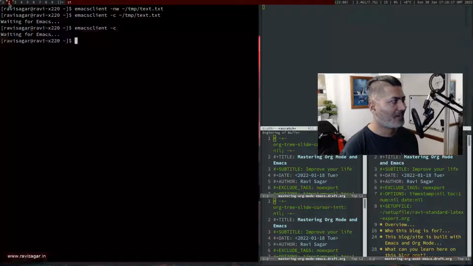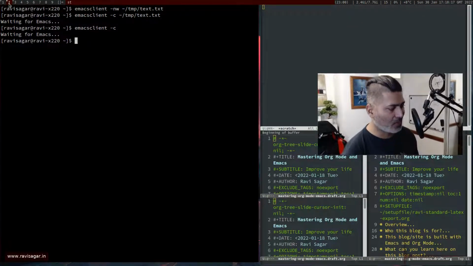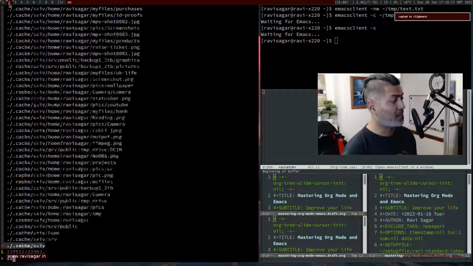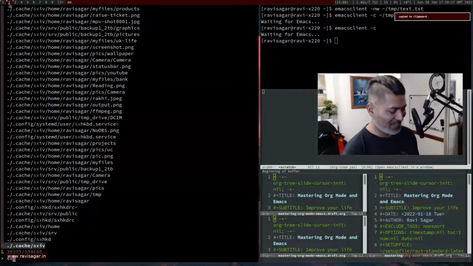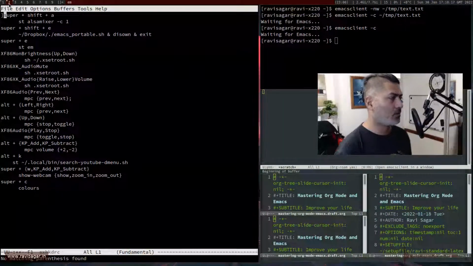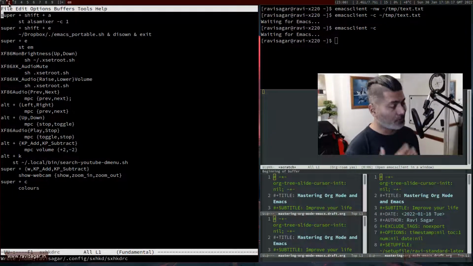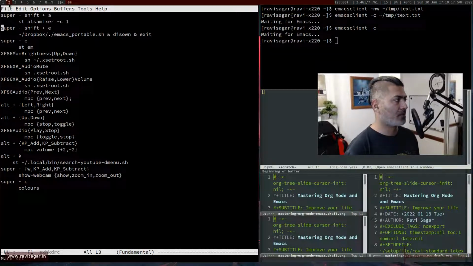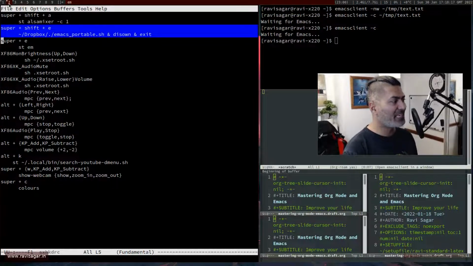No, I always struggle pronouncing it, so let me just do it one more time. So if I type in here sxhkdrc, so basically this particular utility is something that I use for managing my shortcuts. For example, right now my Emacs, which I open, is using this Super Shift E, which is Windows Shift E, and instead of launching Emacs directly, I basically launch or run this shell script, which is something that